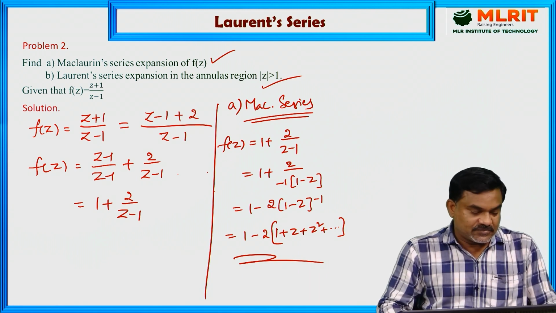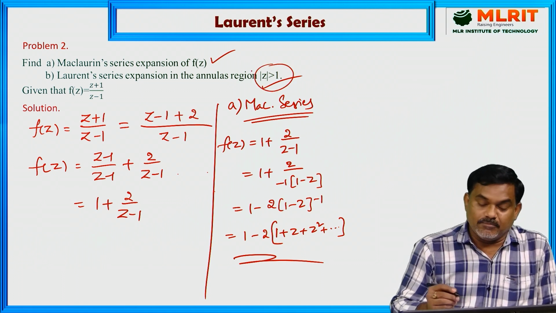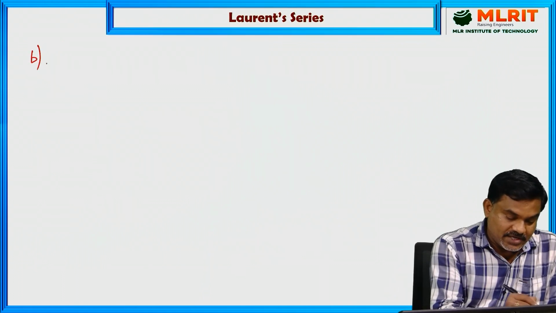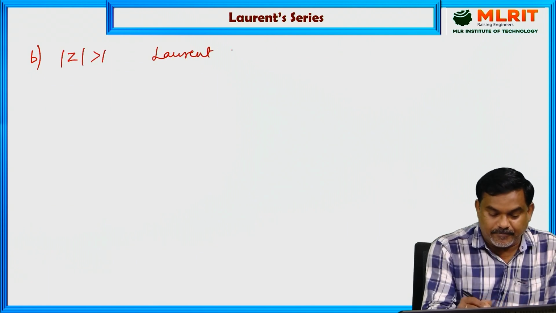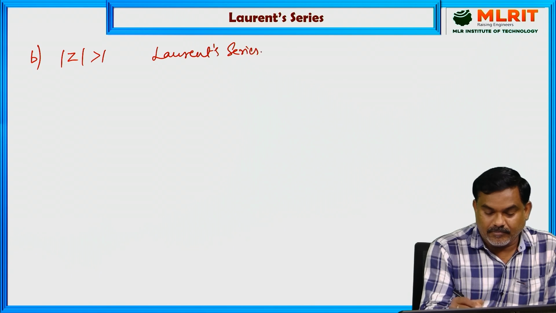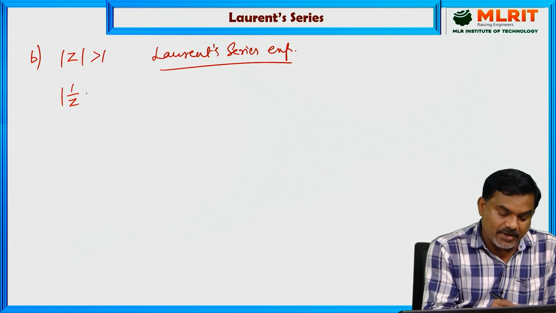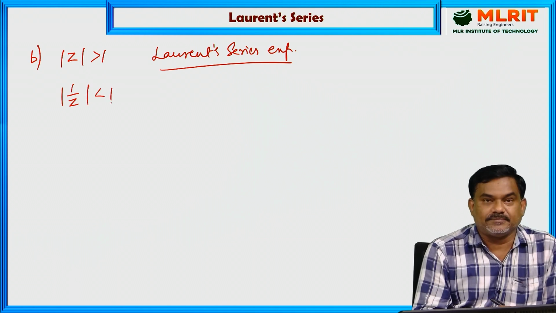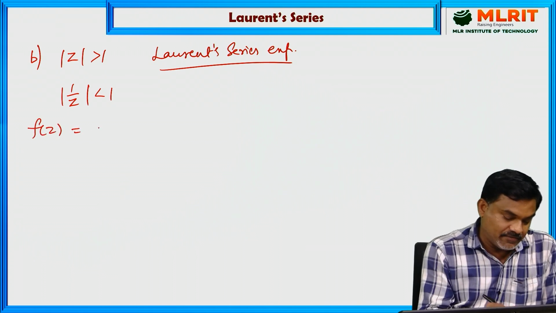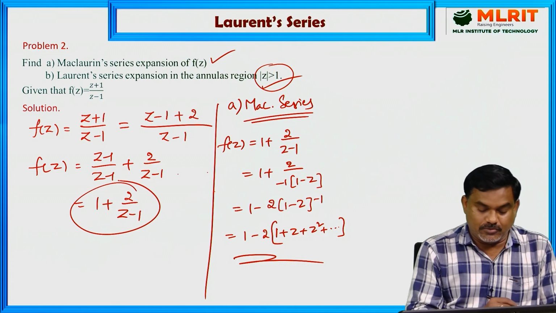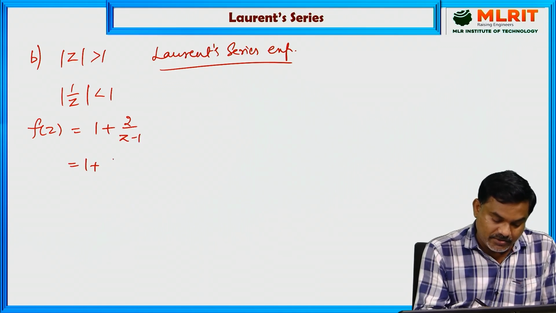And now, the second one is Laurent series expansion in mod z greater than 1. So, mod z greater than 1 means mod 1 by z is less than 1. So, try to get these 1 by z terms in the given f of z. What is given f of z? 1 plus 2 by z minus 1, and we need to get this 1 by